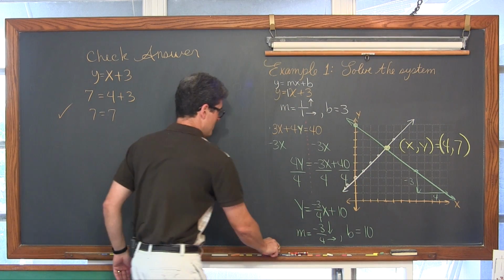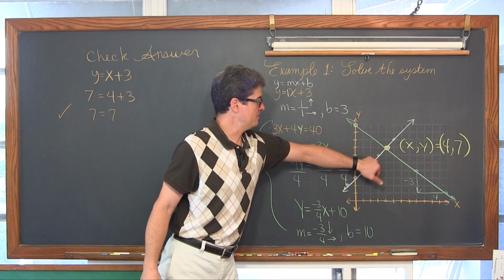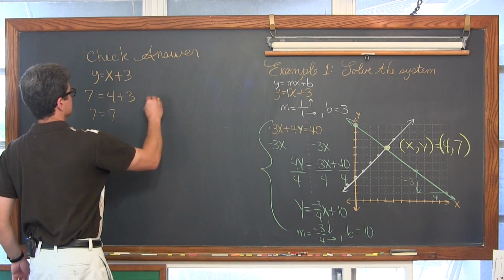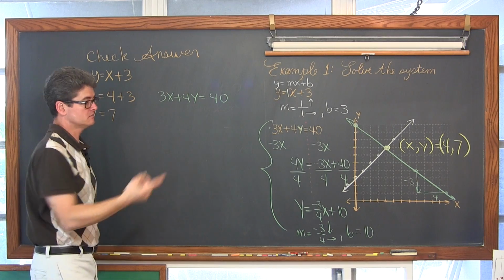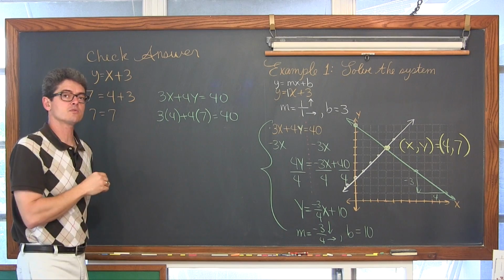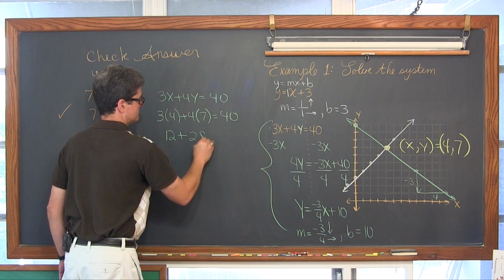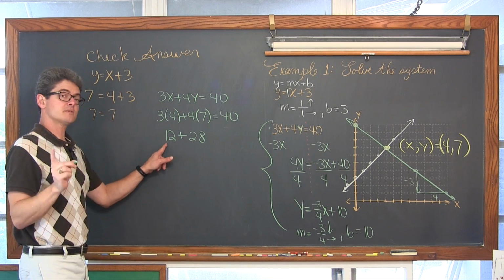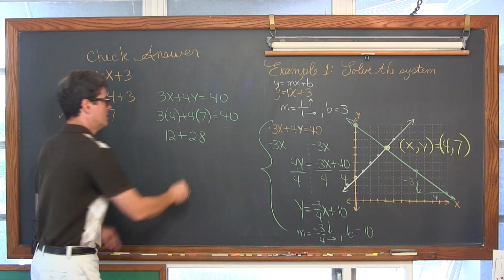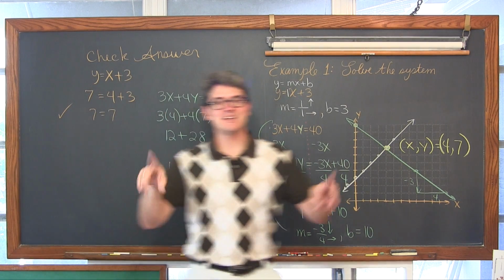Then I did a bunch of work in green. I really meant to do it in orange so it was all nice and color-coded, but I have some work here for green. Is that yellow point on the green line? Is 4, 7 a solution to this equation? Well, again, our x was 4, our y was 7. 3 times 4 is 12. 4 times 7 is 28. 28 times 10 is 38, and 38 plus an additional 2 is indeed 40. So that is the end of our first example.